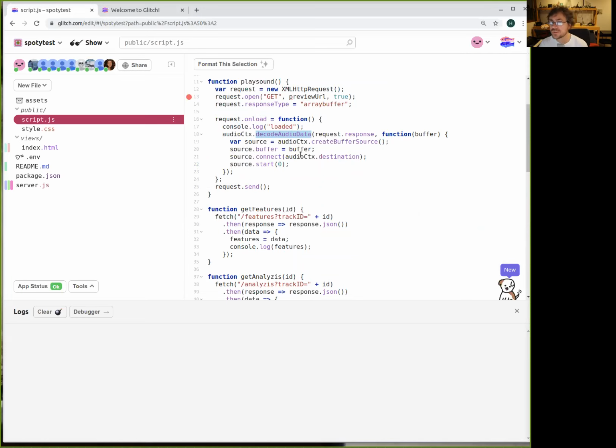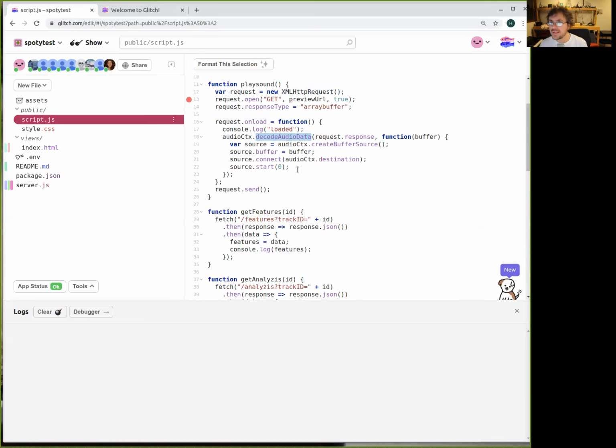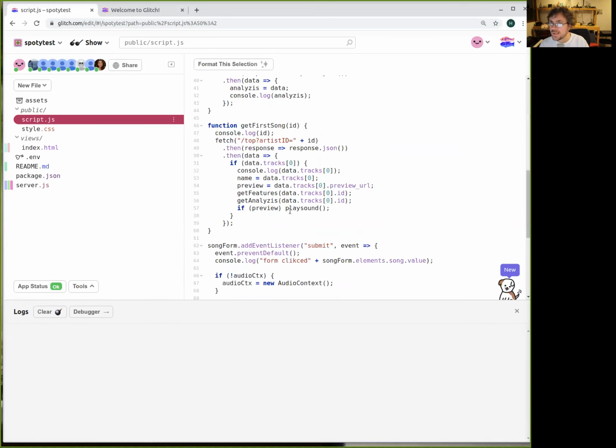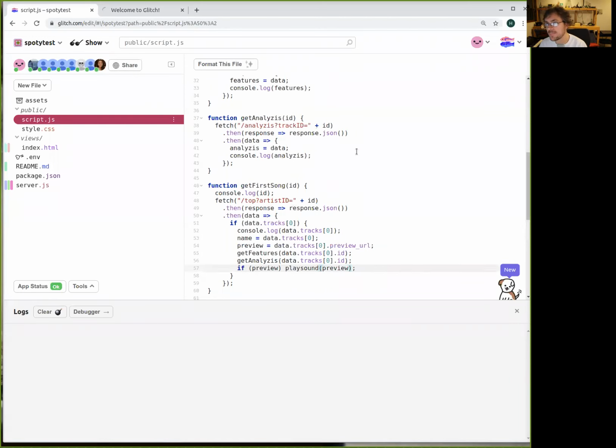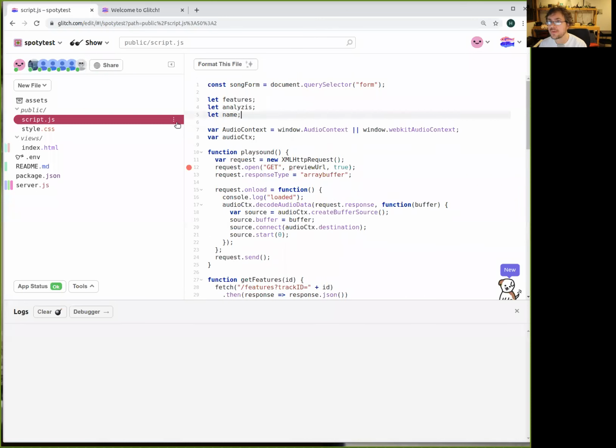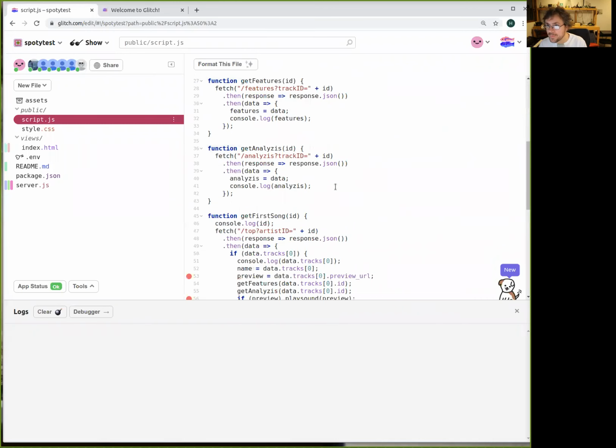The source connect, I think the preview URL, this is not preview URL, it should be called preview. If preview, then play sound. I'm going to do something that is not very nice, but I'm going to keep the preview as a local variable, and then here I'm going to call it preview URL.